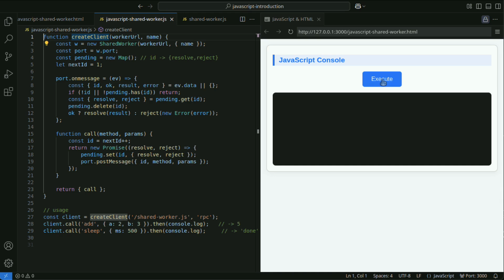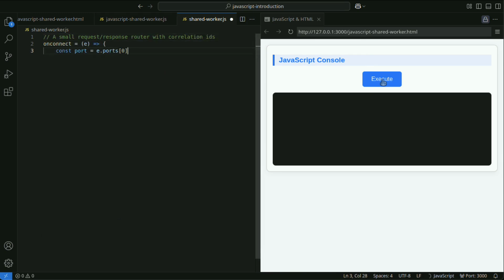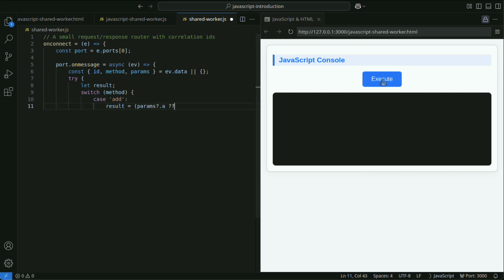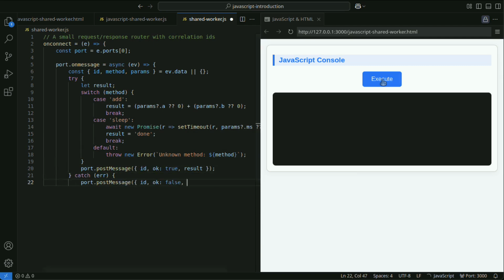In this example, the ID is simply incremented, but you could also use a UUID, a random string, or combine a timestamp with a counter to create a unique key. This code implements a simple RPC server that executes processing according to the method and sends the result back together with the request ID.